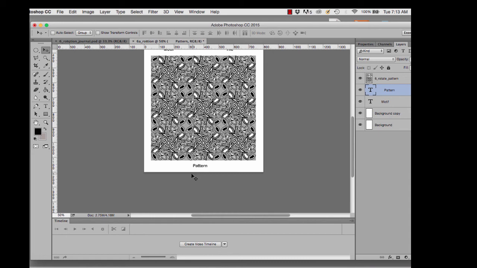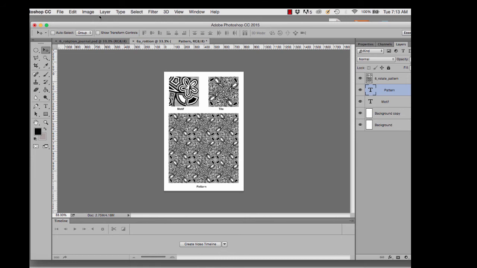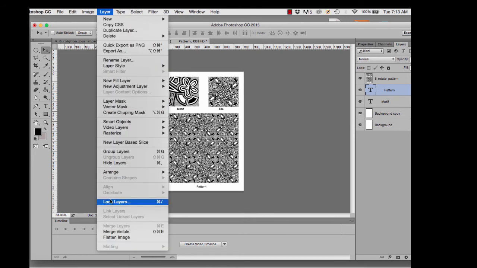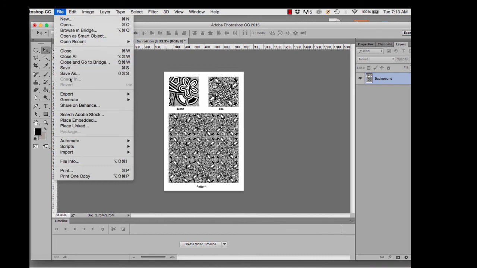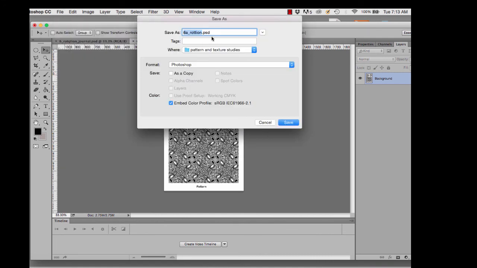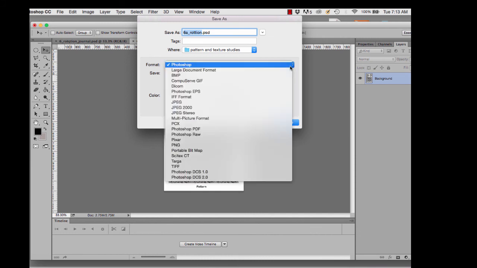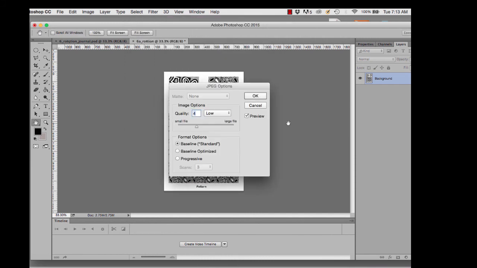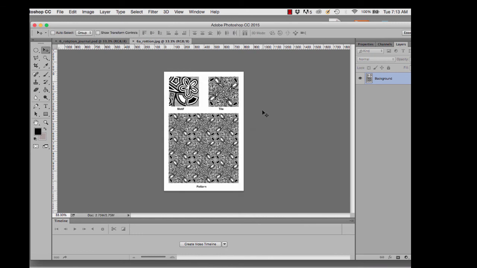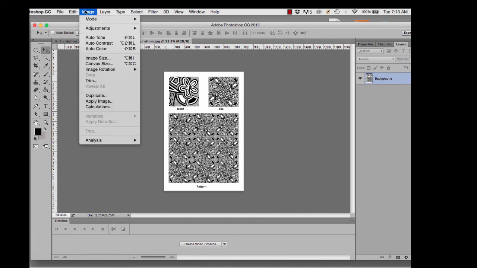That looks good. All right, now what I want to do is flatten everything. So I'm going to go layer, and go flatten image, and it takes it into one flat image, and we can save it as a JPEG. So I'm going to go File, Save As, and then I just need to change it from a Photoshop to a JPEG. Save it to your desktop or wherever. Save. Okay, and you're done. Now, if you go to the image size,